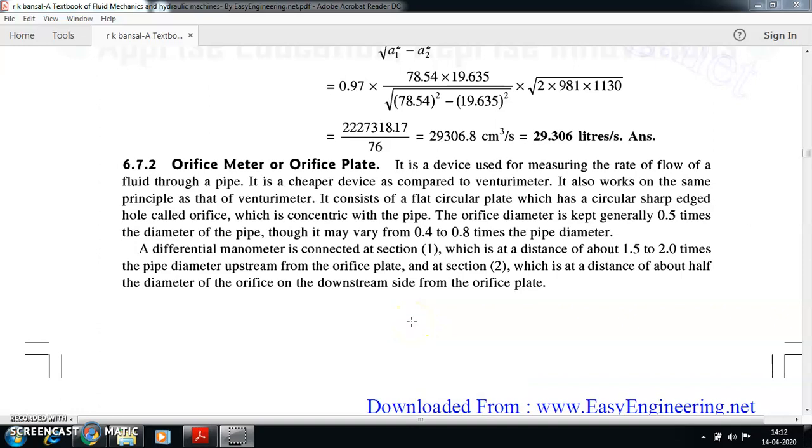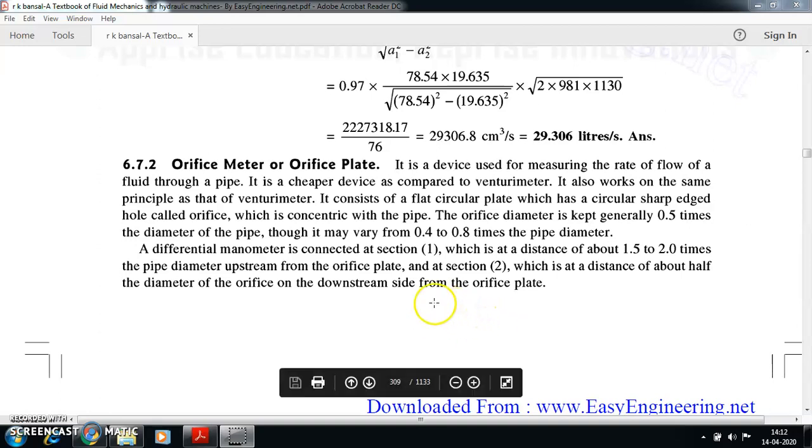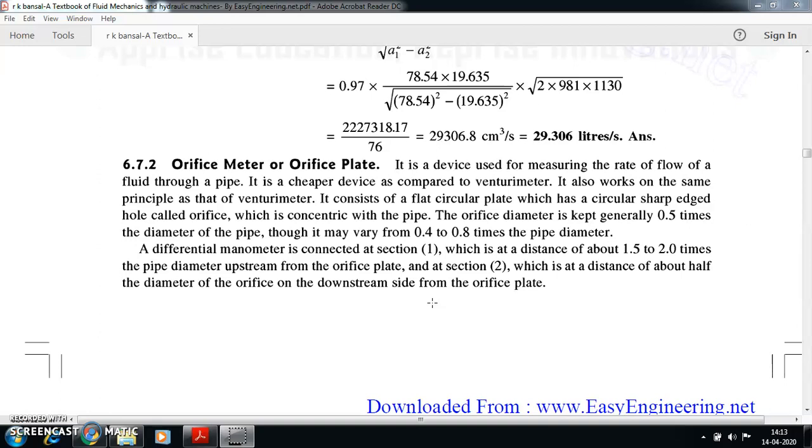Hi students, today is 14th of April 2020 and we are going to continue our learning on orifice meter. So in the previous video we have seen the derivation of orifice meter. We have seen how the orifice meter works, where it is installed, what is the purpose of it. Okay, small recap. Orifice meter is a type of fluid flow measurement device which is used to measure the